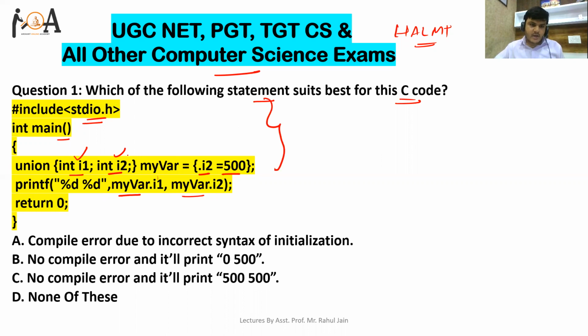As we are using a union type variable, if I2 is assigned 500, then the same value will be available in I1 as well, because the same memory is shared. Hence my variable dot I1 will also print 500, and my variable dot I2 will also print 500. So option C is the correct answer for this question.